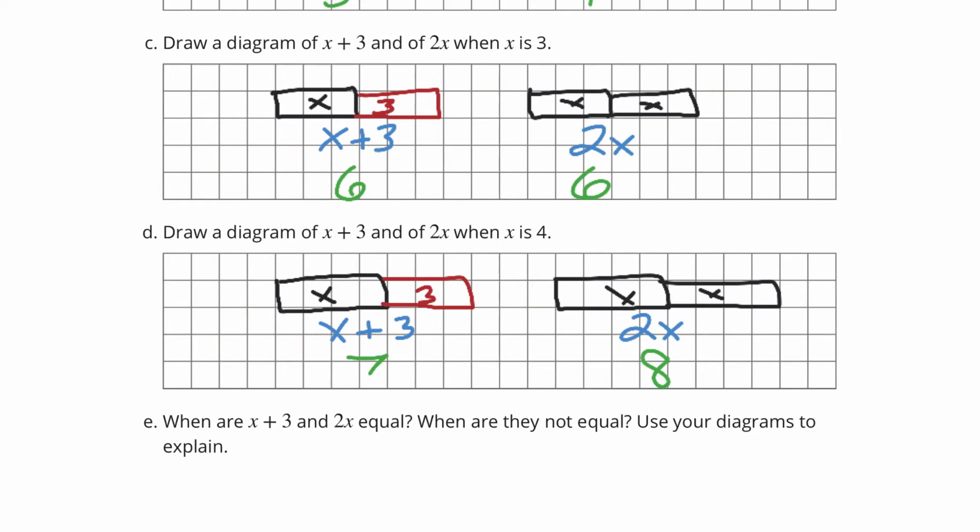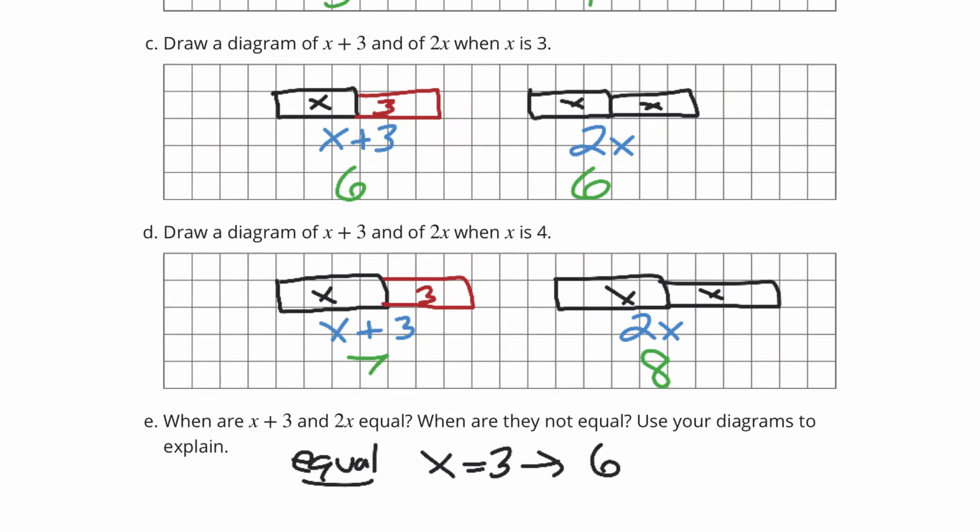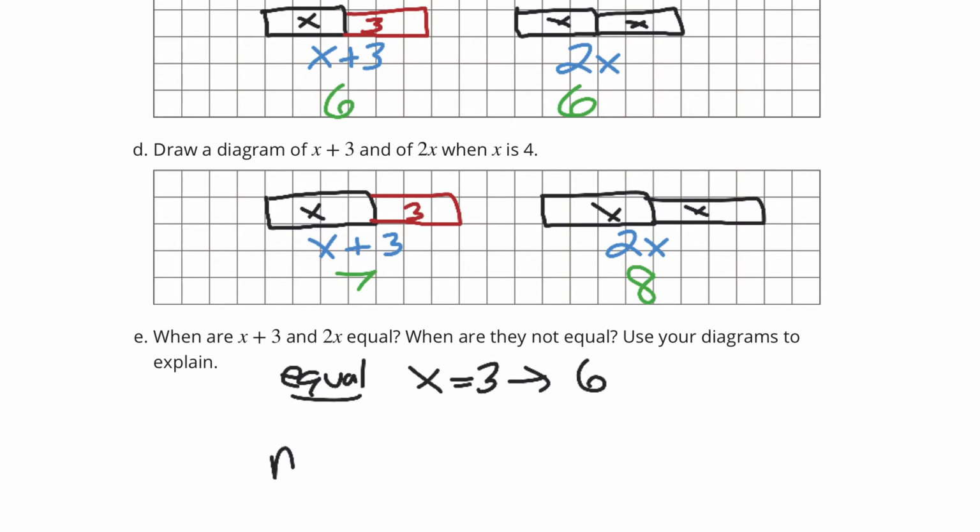And then we're asked, when are they equal and when are they not equal? Well, they appear to be equal here in C, right? They were both equal to 6. And so they were equal when x was equal to 3. They had a value of 6. And for not equal,